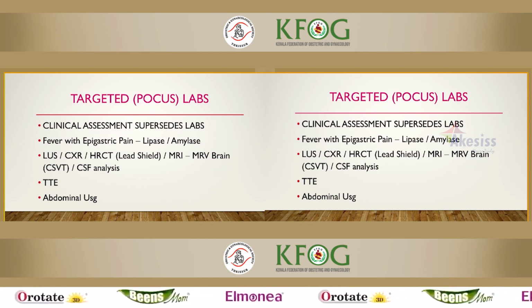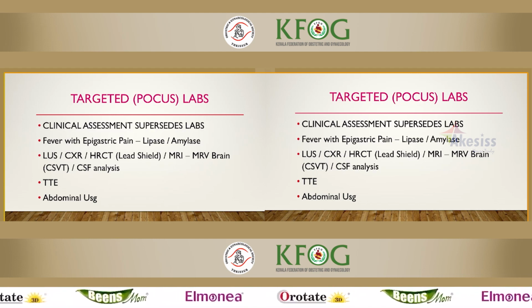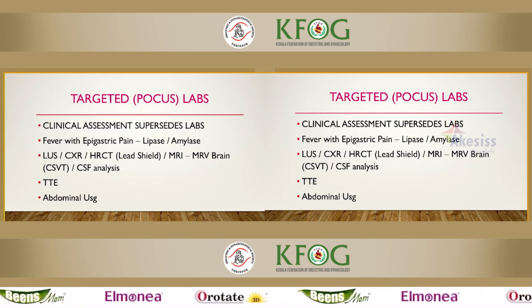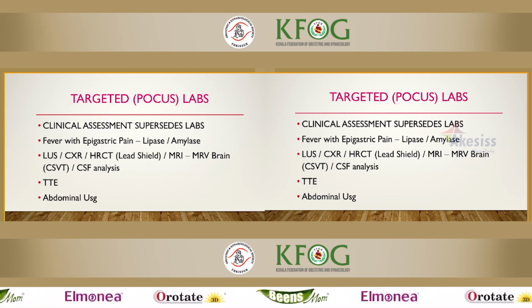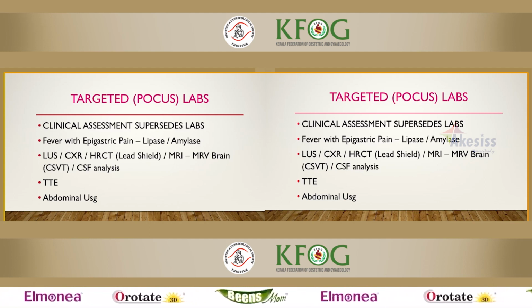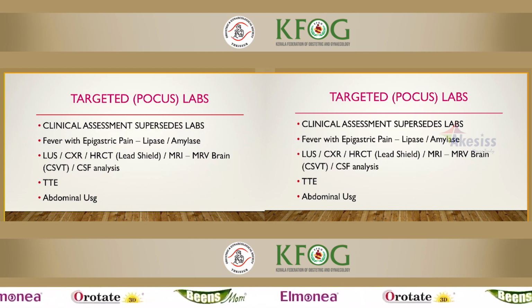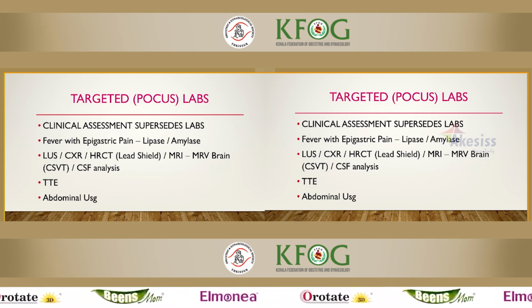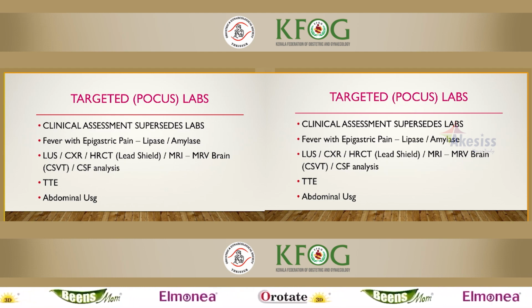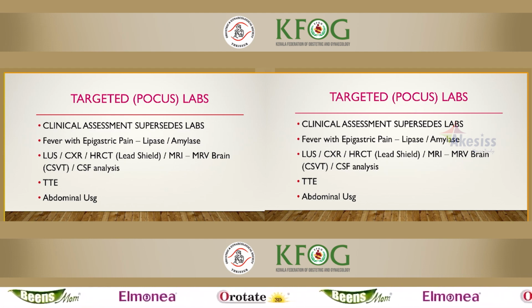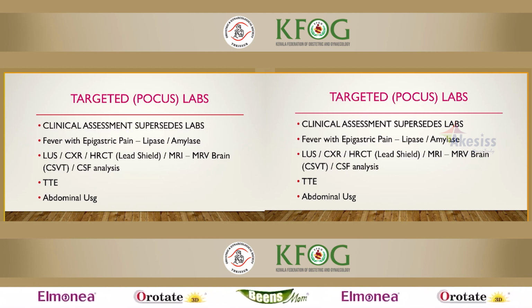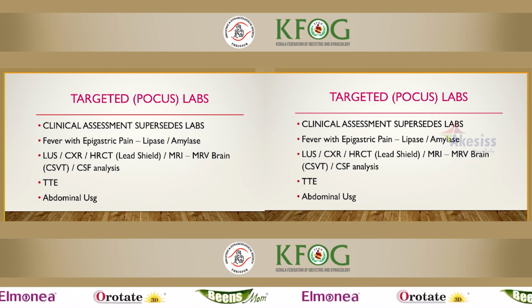So if the patient has epigastric pain, consider non-infective causes like lipase, acute pancreatitis, complicating pregnancy as we discussed earlier. Or lung ultrasound, chest X-ray: if the patient has fulminant respiratory failure requiring HFNC, non-invasive ventilation, or invasive ventilation, then have a low threshold to do HRCT also. Because with HRCT, if you look at the safety exposure, you can put a lead shield, and on risk versus benefit, the benefit always supersedes the risk.